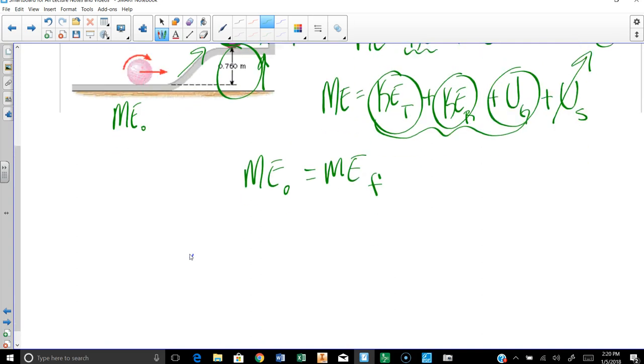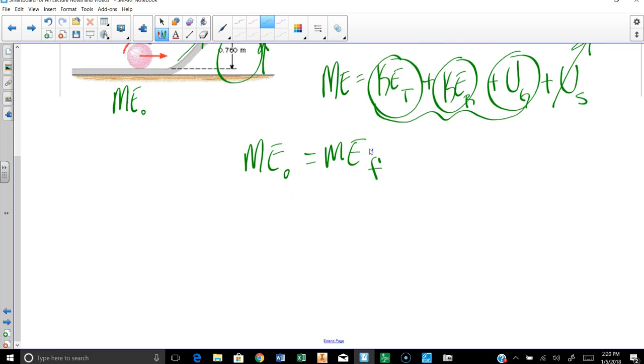So we've established that the mechanical energy is conserved. And we know that mechanical energy consists of, in this case, these three quantities. Let's not overthink it. Let's just go with what we know. That means that the initial mechanical energy would be the initial translational kinetic energy. Notice a little zero there for initial, for when time was zero, for the start of the problem, plus the rotational kinetic energy that it had initially, plus the gravitational potential energy it had initially, which, yes, I know you're thinking, zero? Yes, it's going to be zero, because initially it was down here,